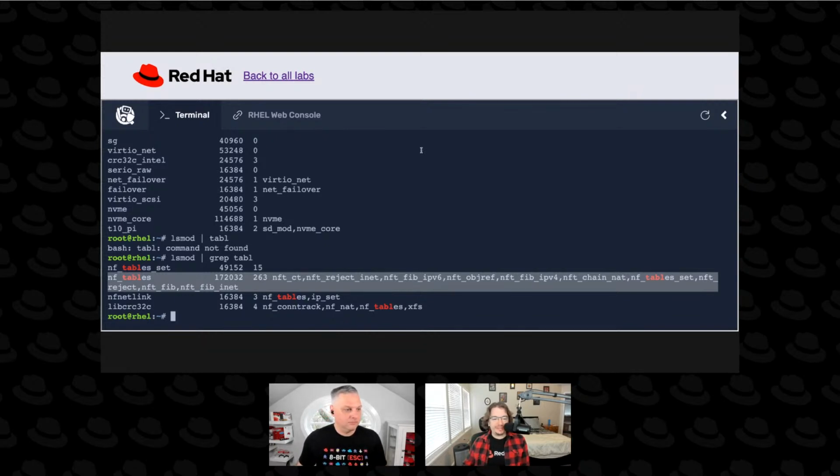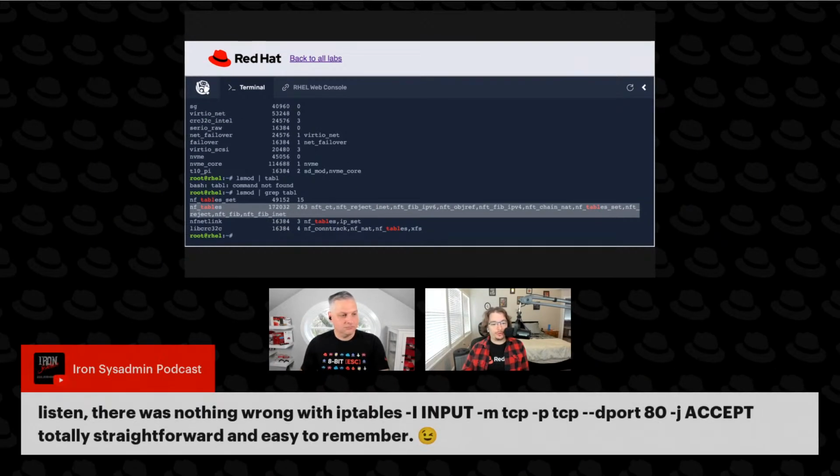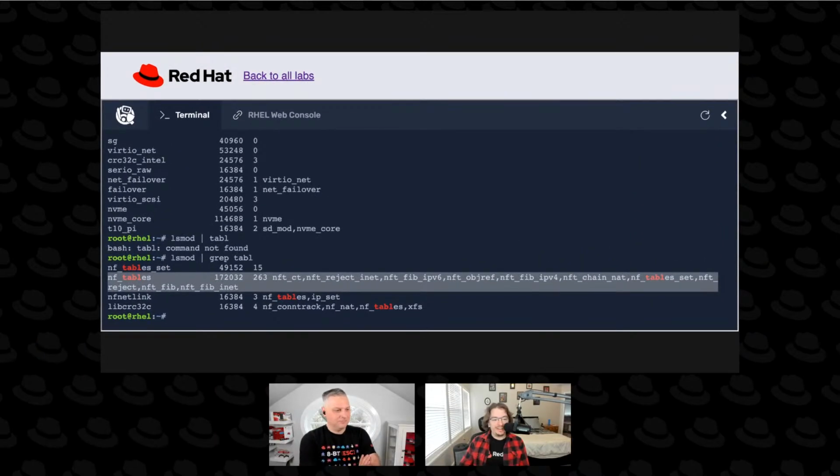Having gone from iptables to nftables, and especially with the addition of the firewall-cmd command, if you are newer to Linux or to being a systems administrator, I can definitely vouch for the improved simplicity of using firewall-cmd. The Iron sysadmin put a sample iptables command earlier in the chat, and to me this reads so much harder than the firewall-cmd commands that we've been using today. So it is much improved. There's a lot more organization around it,